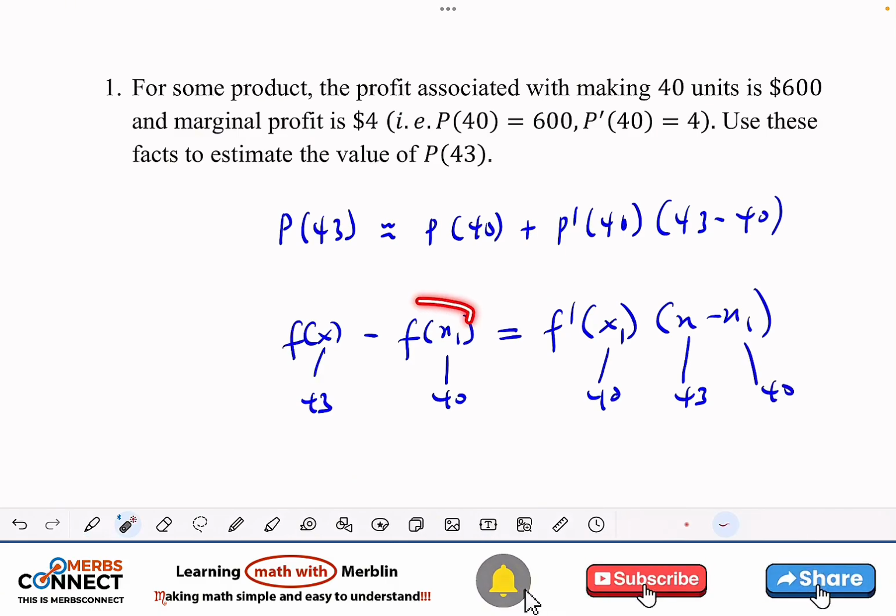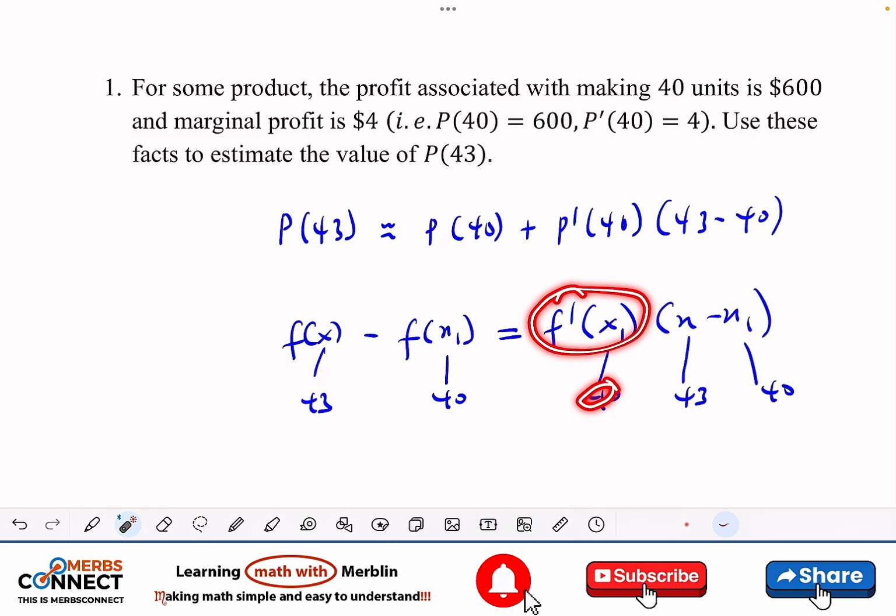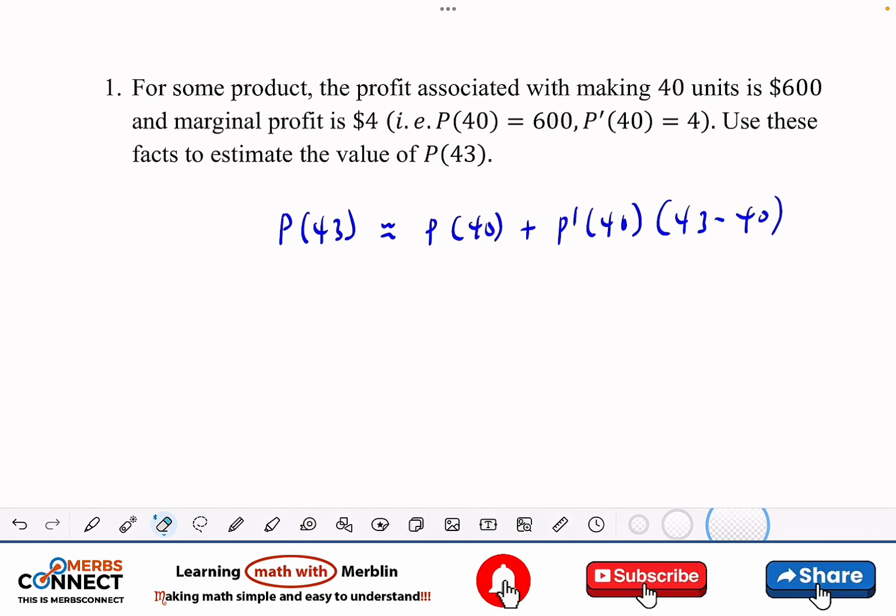But the only thing is I moved this one to the right, and then I had to be positive. So P of 43 is equal to, when I move this one, it becomes 40. So P of 40 plus f prime of 40, which is the same as P prime of 40, and then 43 minus 40. So that is what basically we are doing here. So all the information is given. So we are going to have